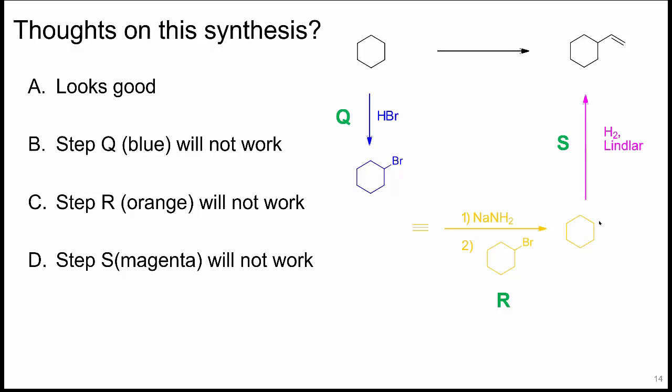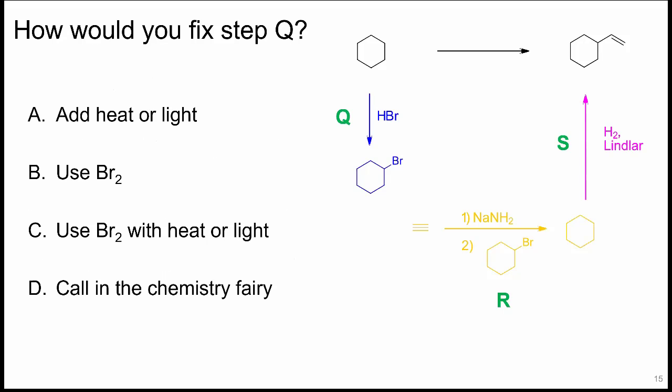All right, so there's a couple of different things going on here. I think everybody agrees that the first one is not an option. So this synthesis is not going to work as it is written. And so we can look at the next one to see, let's fix step Q. I think there was a drawing mistake here. This should have been that one. All right, so Q is the problematic step on the last synthesis. If I had drawn the other problem incorrectly there, I apologize. So how would we fix step Q? What is wrong with HBr in that step?